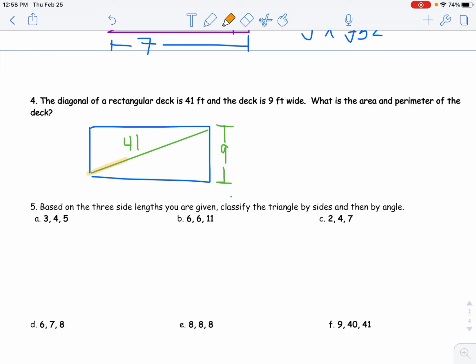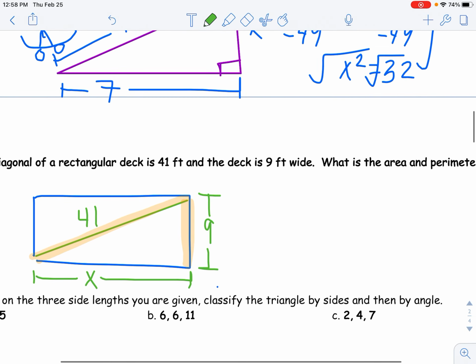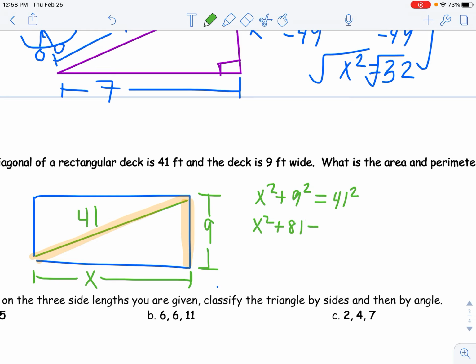All right. So we know the diagonal of the deck is 41. We know this number's 9. We need to find this number so we can find the area and perimeter of the deck. All right, so let's use Pythagorean theorem really fast. X squared plus 9 squared equals 41 squared. X squared plus 81 equals